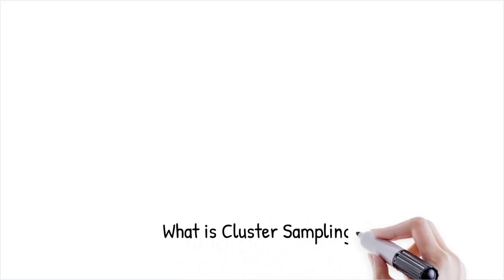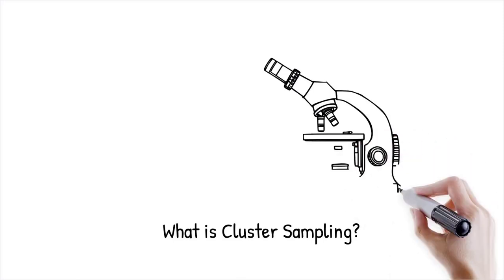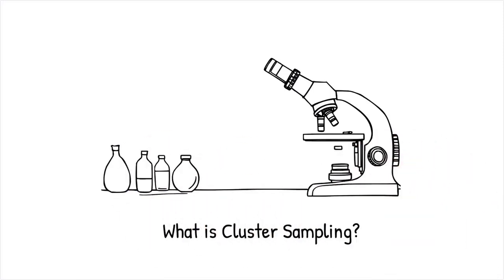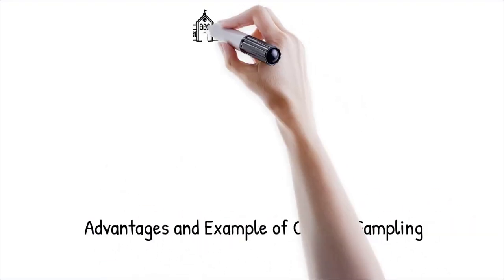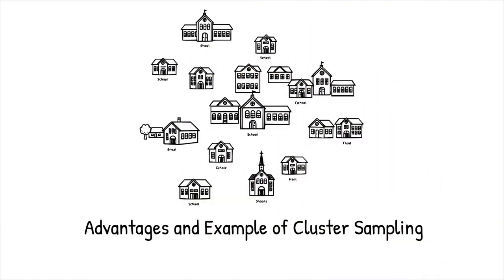Cluster sampling involves dividing the population into clusters, such as geographic areas or institutions, and then randomly selecting entire clusters for the study. This method is particularly useful when the population is spread over a large area and a complete list of individuals is unavailable. The approach simplifies data collection while still aiming to maintain representativeness, though it may introduce higher sampling error compared to